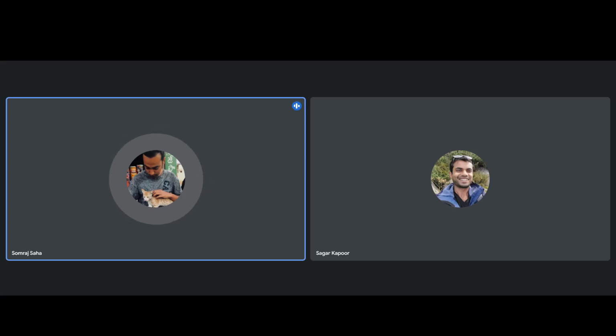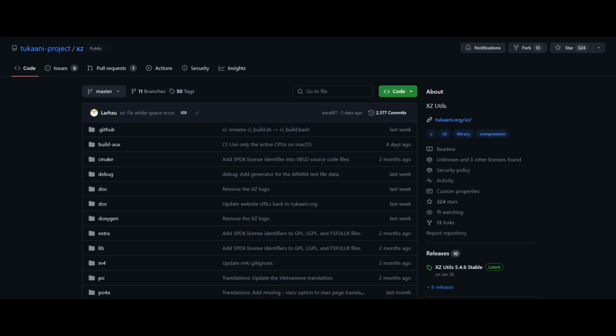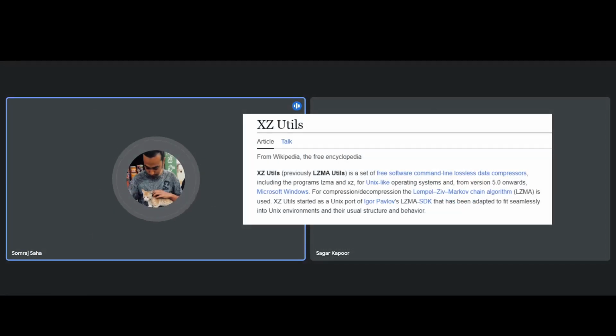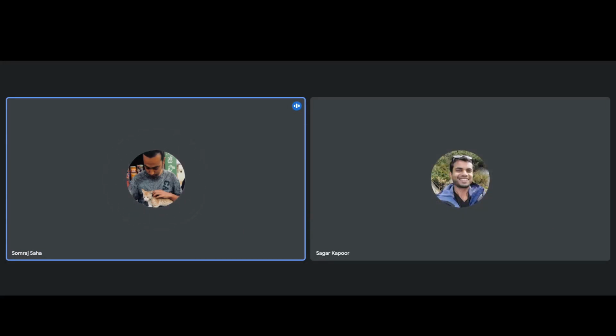So there is this open source library. When I say open source, I mean the source code is available for the public to look through. The library's name is XZ Utils. It's a bunch of software that serves a lot of different purposes. Now, there is this one particular purpose called compression of data. The attacker introduced some backdoor code which could be remotely executed into one of those software, which is bundled within the